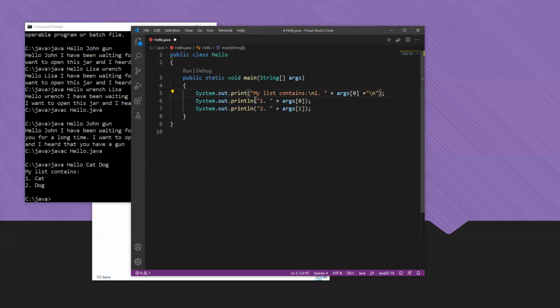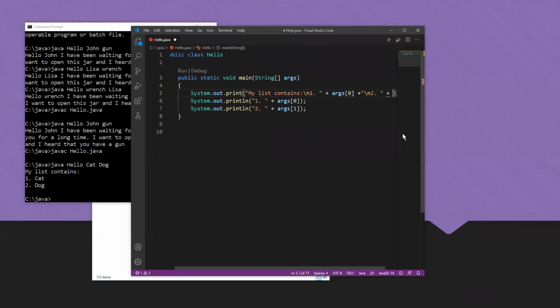Because what it will do is my list contains slash n, so it will move to the next line. It will write one dot space, then it's going to write an argument, and then it needs to know that it has to move to the next line. So I write slash n, and then I write two dot space, and then to this I will add the second argument,